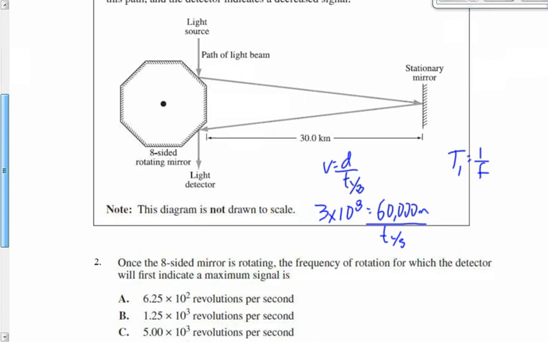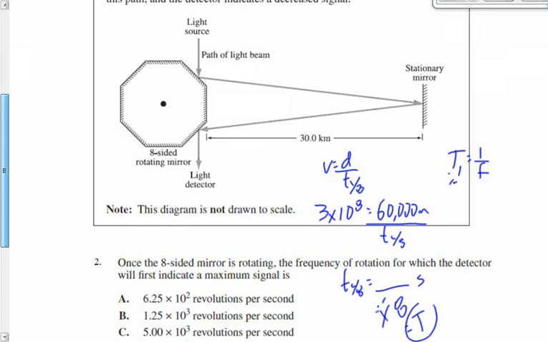Remember, we said we solve for whatever you can solve for. Whatever it works out to be, it's not the time we want. What do we have to do with it? We always have to get the other time, right? The grass is always greener on the other side of the fence. We get this time, we want the other one. What do we have to do to get the other time from this? Abby? Times it by 8. Careful, don't divide it by 8, because we were already at 1/8 of a revolution. Times it by 8, and we get